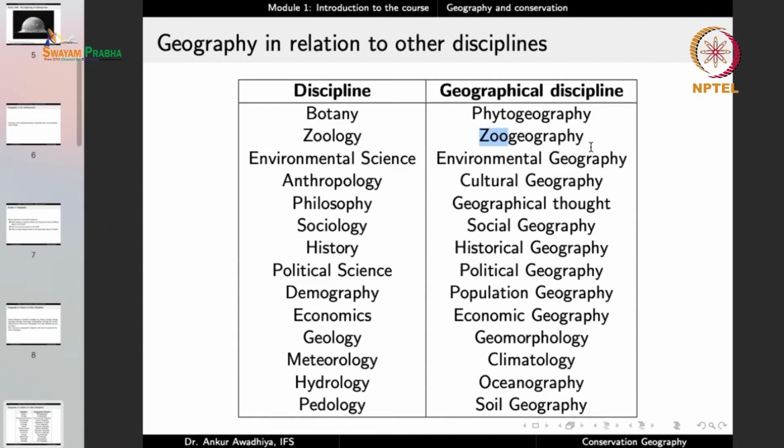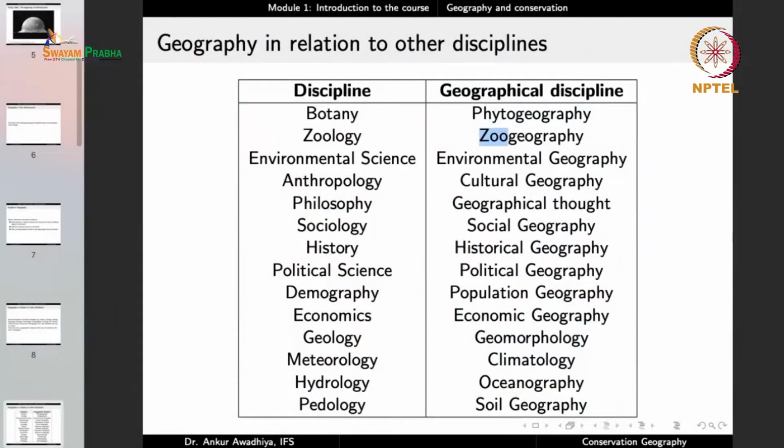What different animals are found on this planet? So, in this case, you will say that animals like polar bears are found in the polar areas. Animals like camels are found in the desert areas. So here we are asking what animals are found where. The next question is, where are they found? What are the other locations where you will find polar bears? And the third thing is, why are they found where they are found? What are the kinds of adaptations that these animals have that make them suitable for those specific locations? And so we have the discipline of zoogeography.